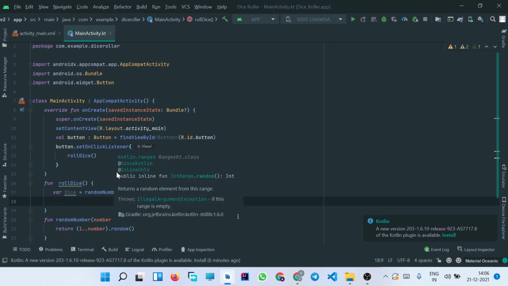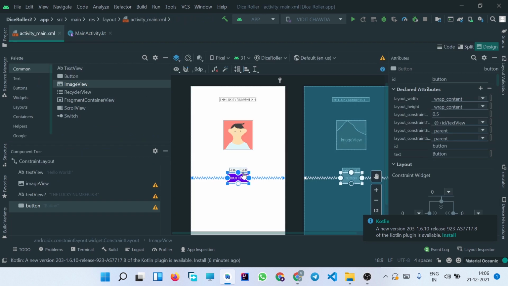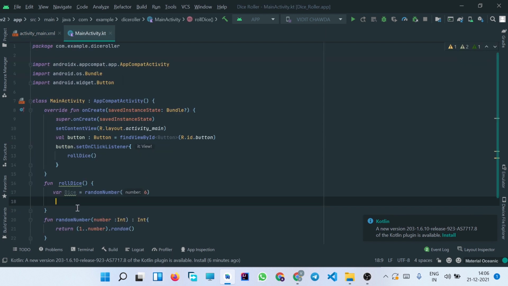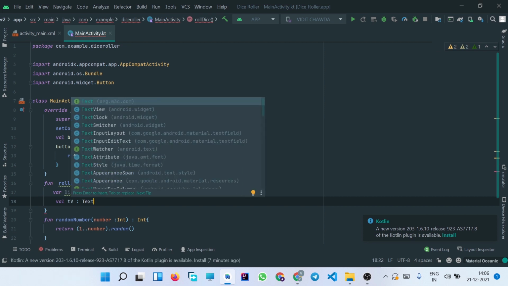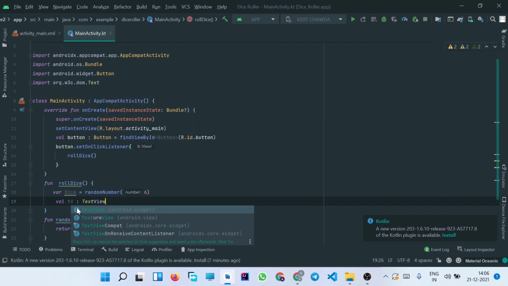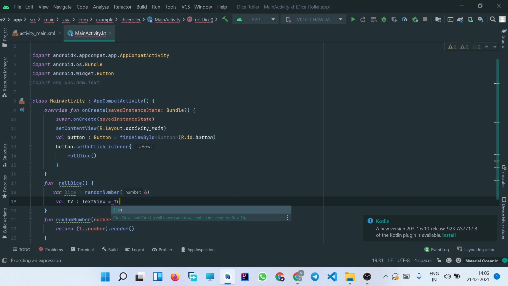So for that we need to import these two views, this text view and this image view, inside this function. For that we'll simply write val textView = findViewById.